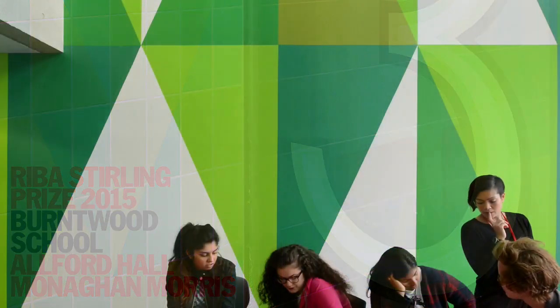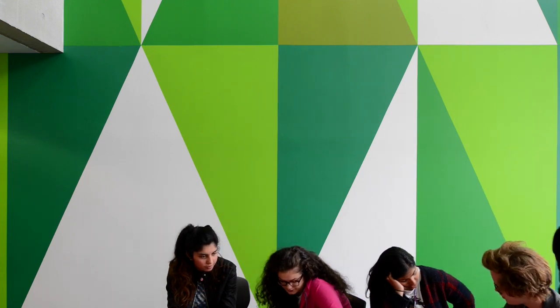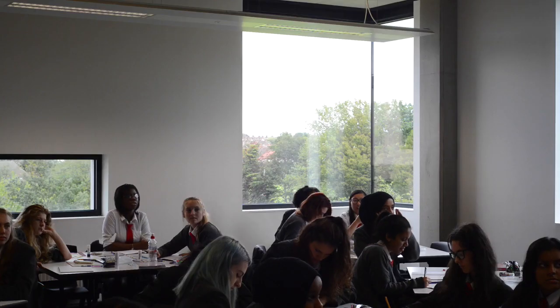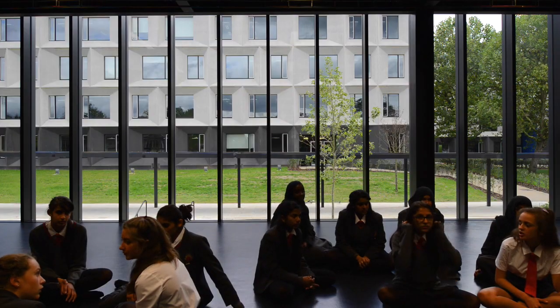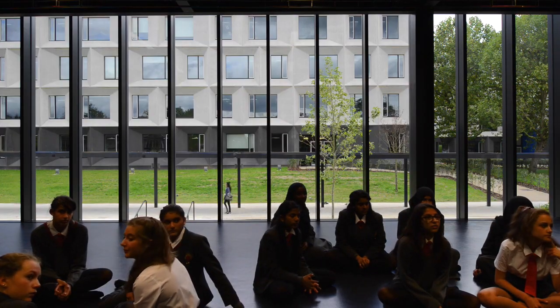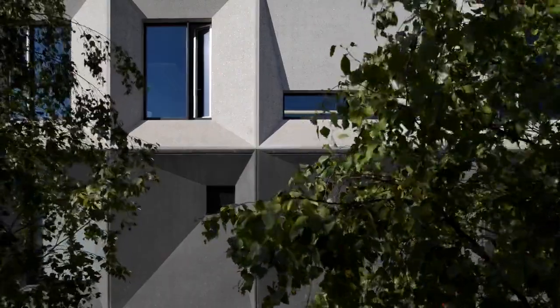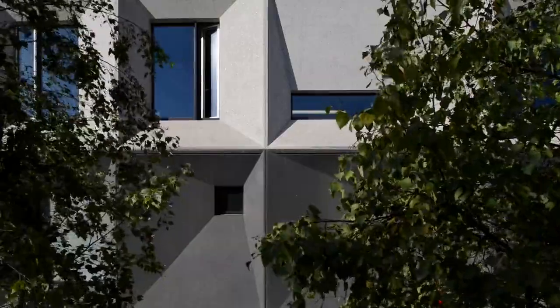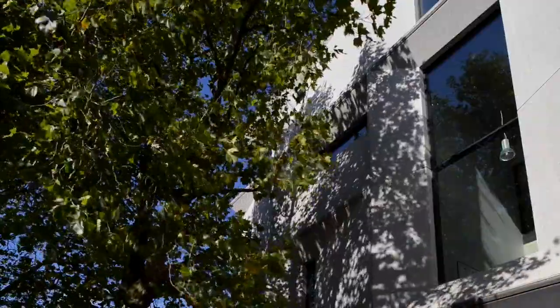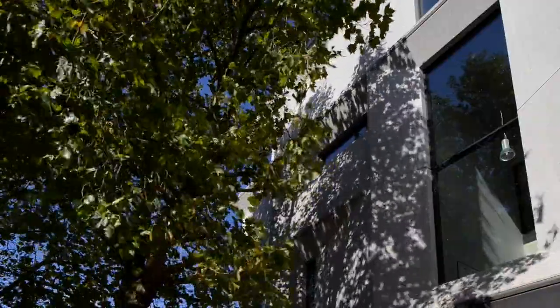I think the whole concept for the building and the campus came from two different areas really. The first area was that effectively we had to build this school entirely while the school stayed on site. So in a way, the first thing was trying to build new buildings on bits of land that were not used at the moment. The second thing is we had to make sure that the composition of those buildings then